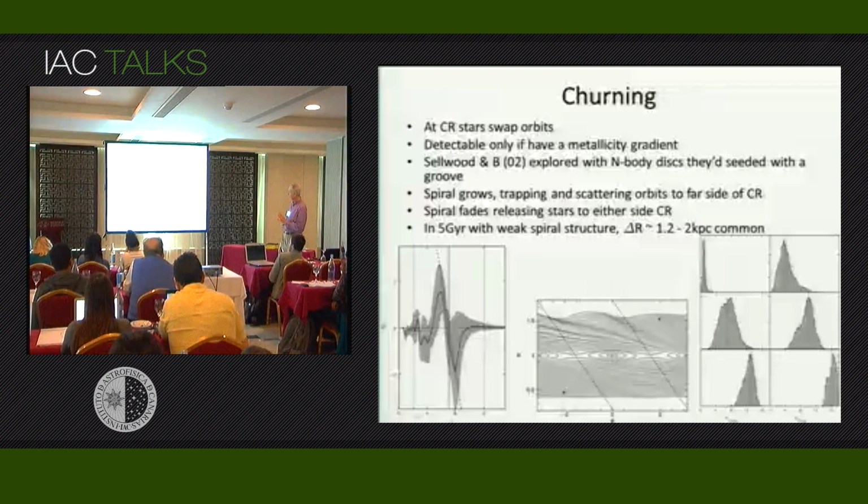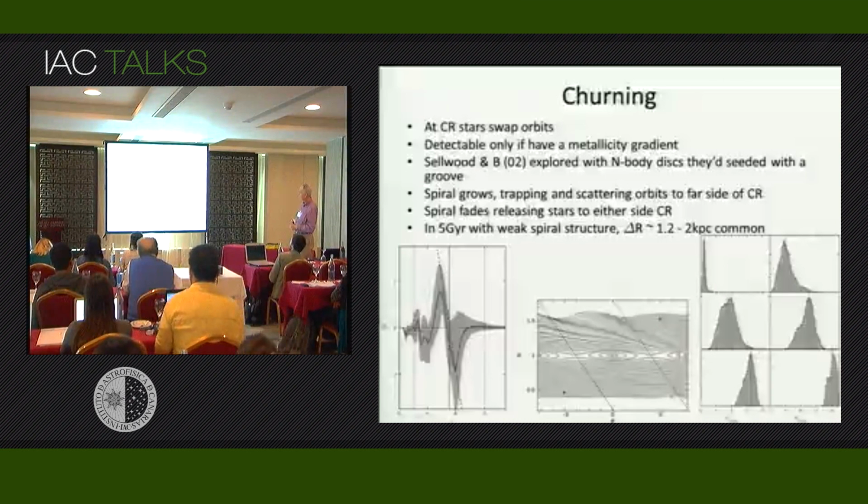How does this look in the real world? This is a disk. Each of these lines is an orbit of a star. This is radius, in some toy model. This is the co-rotation radius. This is 1.5 times it. This is half of the co-rotation radius. And this is phi, the angle going around and around, from pi over here to minus pi over there. So this is a disk unwrapped from being circular to looking like this.